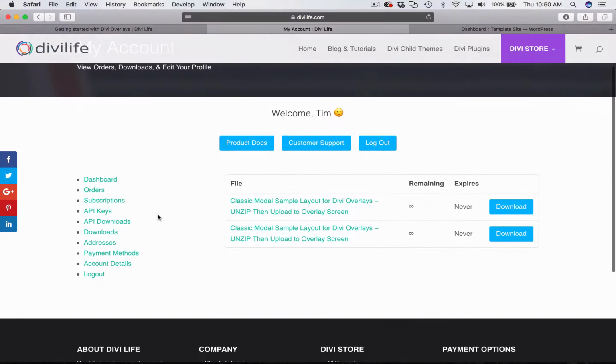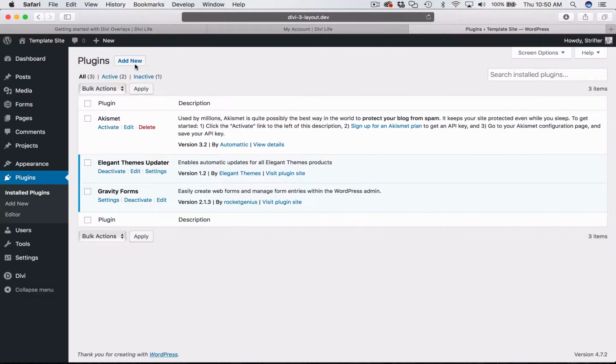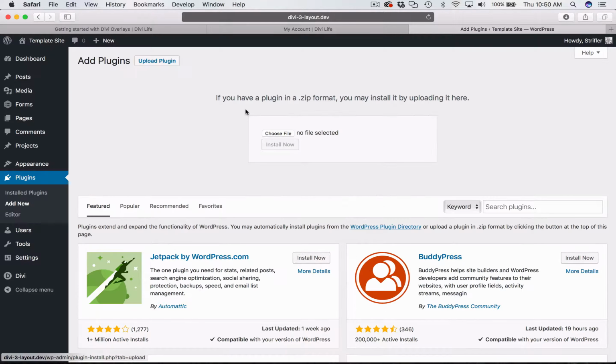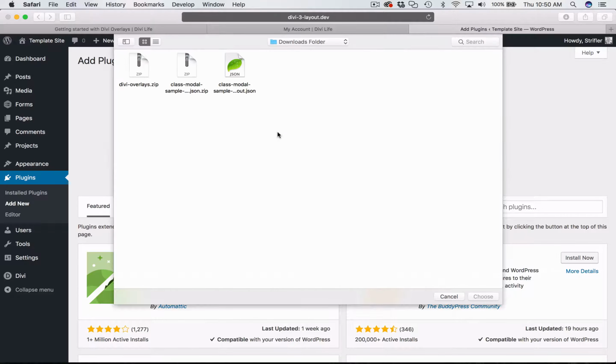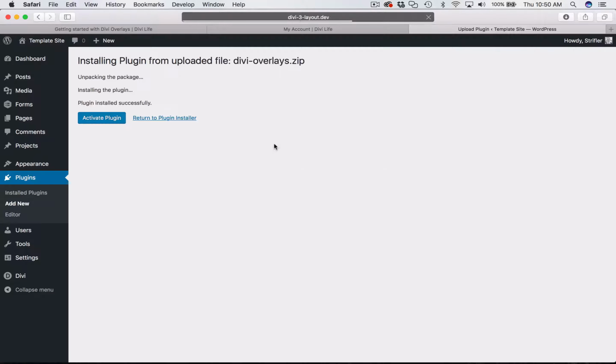Now that we have that downloaded, we're going to go to a demo website that I have open, and you're going to install Divi Overlays just like you would any other plugin. I'm going to go to Plugins, Add New, Upload Plugin, Choose File. Divi Overlays.zip is the zip file that we'll be uploading. Click Install Now, Activate Plugin,